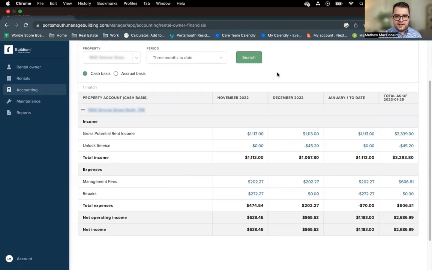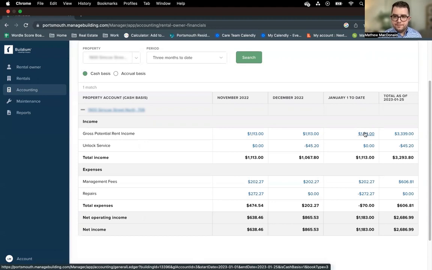This will give us, like I said, a very general view of the income activity for the property and the expenses. And if we wanted to drill down a bit further into some of these figures, say, for example, into the gross potential rent income for January,